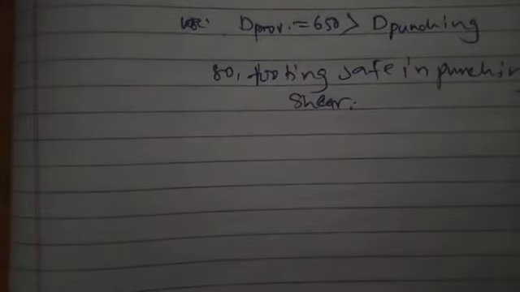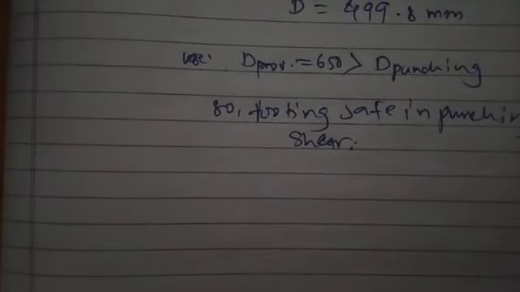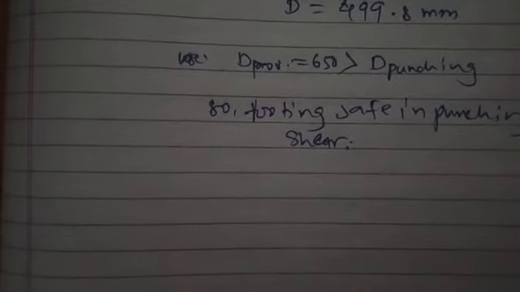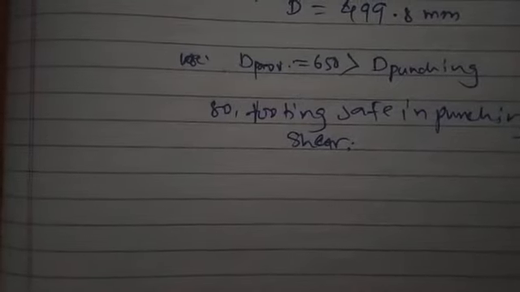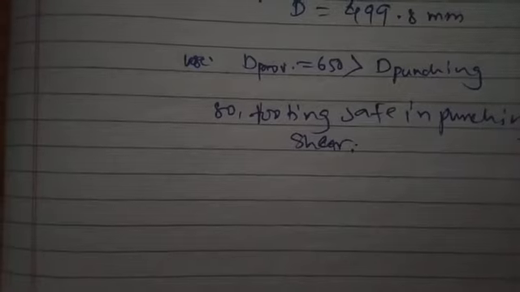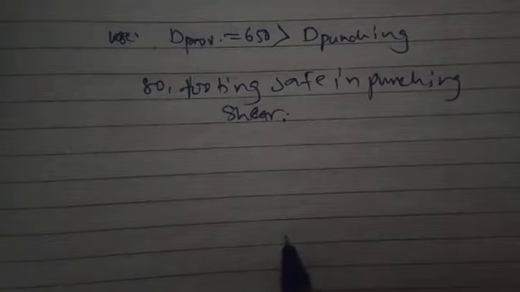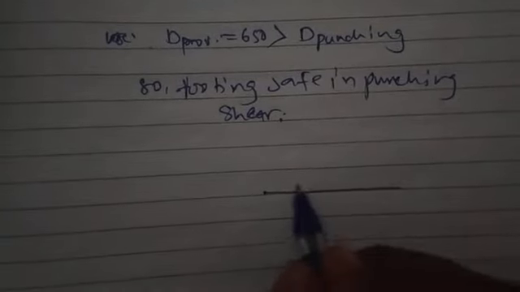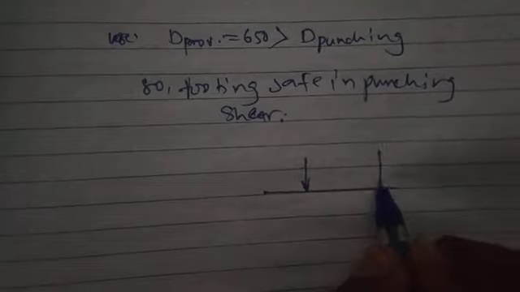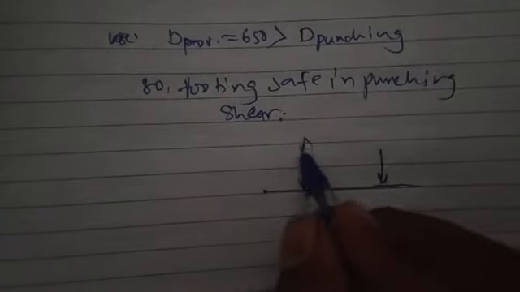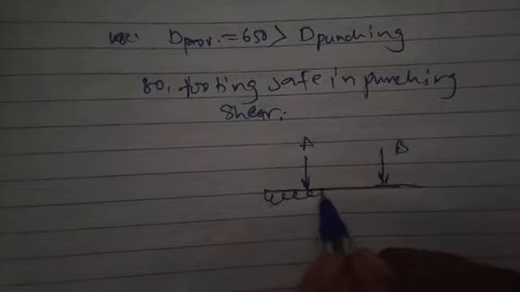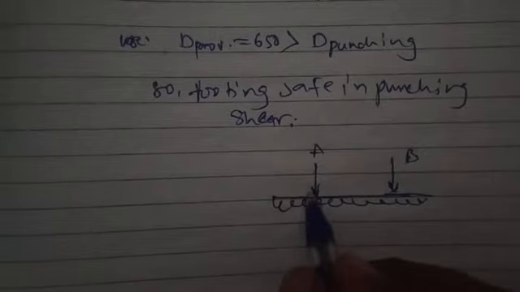Now we'll move towards the next part, the calculation of area of steel. As we have calculated the moment at different points, similarly we have to find out the area of steel for different positions. I will explain this. The condition of footing is like this. This is column A, this is column B, and there is upward soil pressure acting on the footing from the bottom side. In this case, the bending moment diagram will be like this. I will draw it.